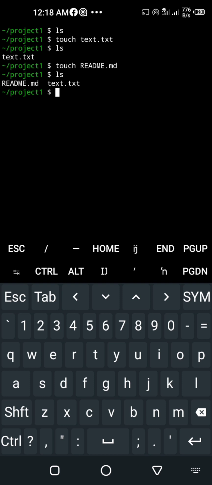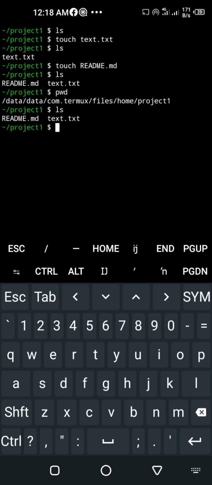As you can see now, we created our project folder and we cd into it, that is, we changed the directory to our project 1 folder, then we created our empty files. So these files are now empty. In order to add something into them, we need to use some commands or text editors to actually write something inside the files. But for now, our focus is just to learn print working directory,